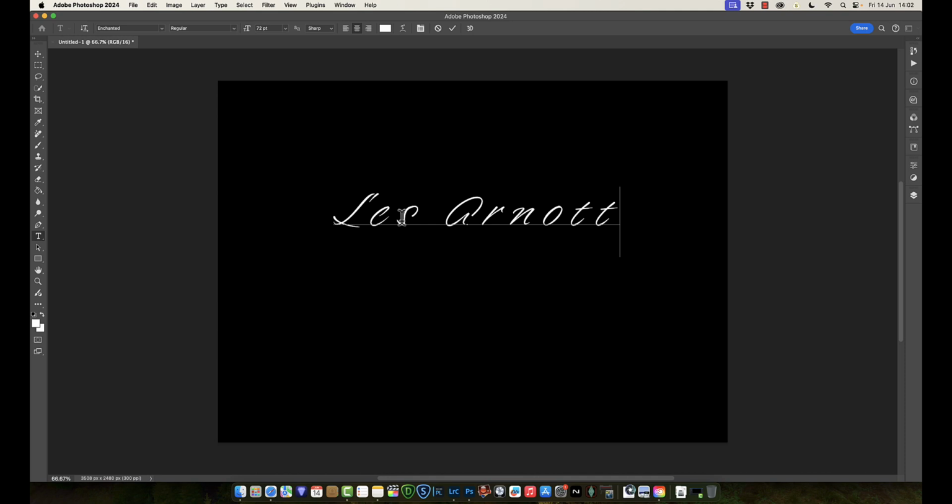I'm going to do that individually between each letter because I want them to be slightly different. So I'm going to click here and get that E slightly closer to the L. To do that, on a PC it's the Alt key, on a Mac it's the Option key, so hold down that key and then tap the left cursor key, your arrow keys, until you've got it to the position